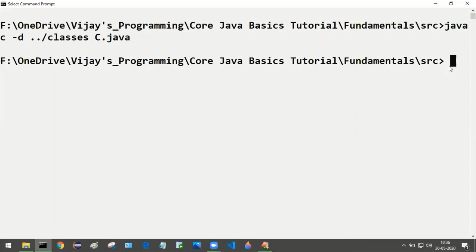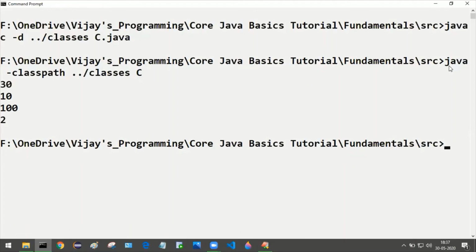Now we need to run this class file. Java space -cp or -classpath space ../classes, just the name of the class, that is C. Press enter.